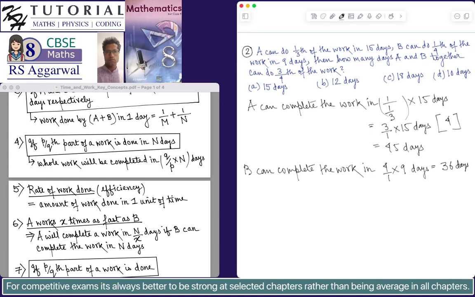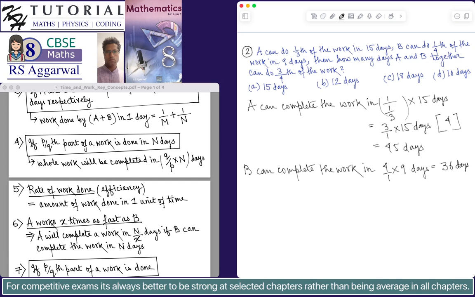Now what we have to find? We have to find in how many days A and B together can do 3/4 of the work. To find the time taken by A plus B to complete 3 by 4th of the work, it is better if it will be easier